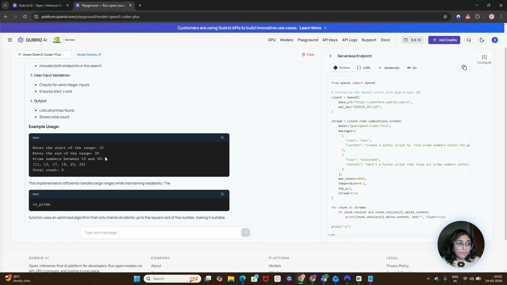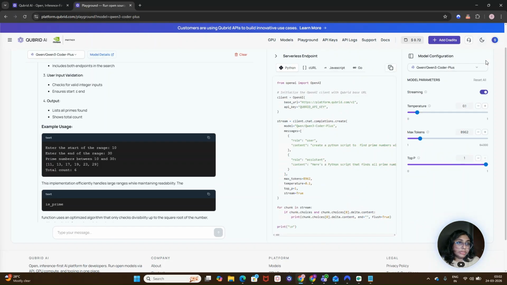So choosing the right model will help you improve code quality, reduce debugging efforts, and also optimize cost and performance. So you can choose based on how complex your task is and then choose the model which you want to implement. You can go ahead and tweak these configurations as well. Here we have model parameters: temperature, max tokens, top p. You can tweak these parameters according to your requirements, and once you're happy with this output you can copy this serverless input and implement it into your backend system or into any of your applications.